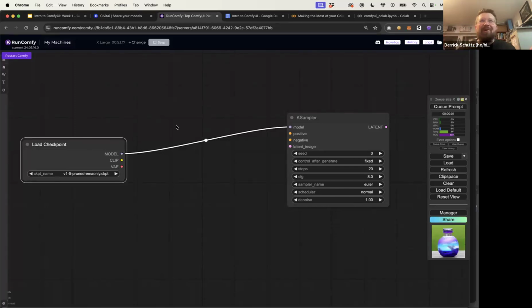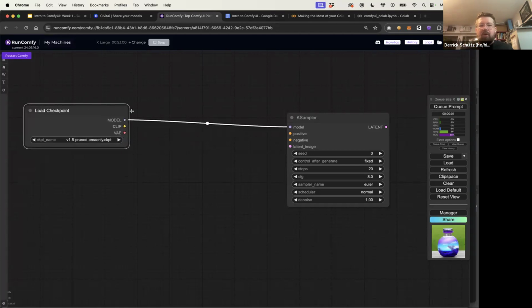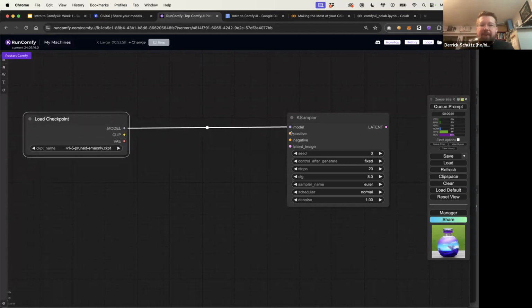Okay, so we've only covered 2 nodes here. I'm going to quickly go through the rest of them. The rest of them are actually quite simple. So we know that we're going to be doing some text prompting, right? So we need to be able to figure out what our text prompt is. From either direction, you can build this up. Either from the clip version, I could add our text prompt node, or from our positive and negative nodes, I could provide this. I'm going to do it from the positive.